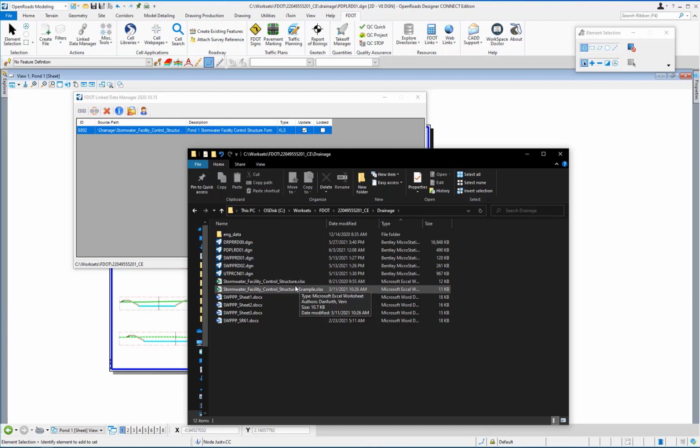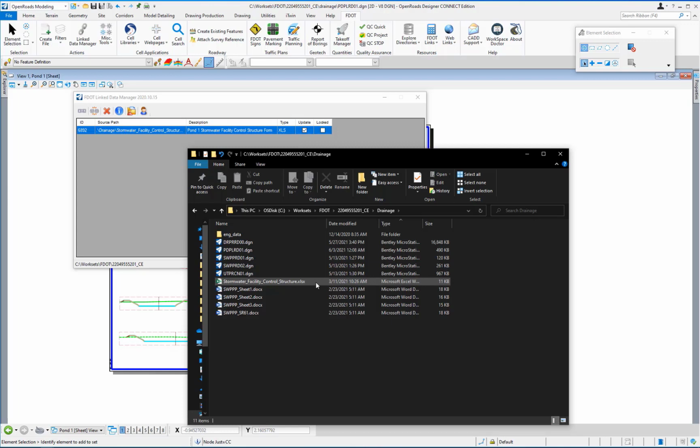One will be the new file just created, stormwater_facility_control_structure.xlsx, and an example file that was supplied with the dataset, stormwater_facility_control_structure_example.xls. Delete the new file and rename the example file to